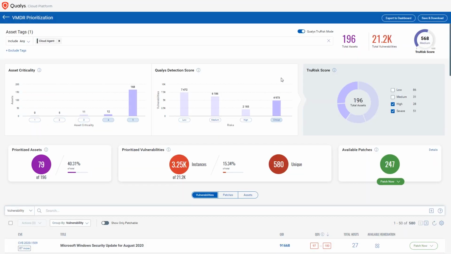The best way to prioritize and remediate, to do the patch action, is through the Qualys Prioritization Report. For prioritization reports, you define your tags and make sure you have enabled the Qualys TruRisk mode. These reports give you only the critical assets and the critical vulnerabilities in terms of report generation. This will prioritize the critical assets, wherein from 196 it is saying that 79 are critical and I need to focus on them, and overall it is saying I need to concentrate on